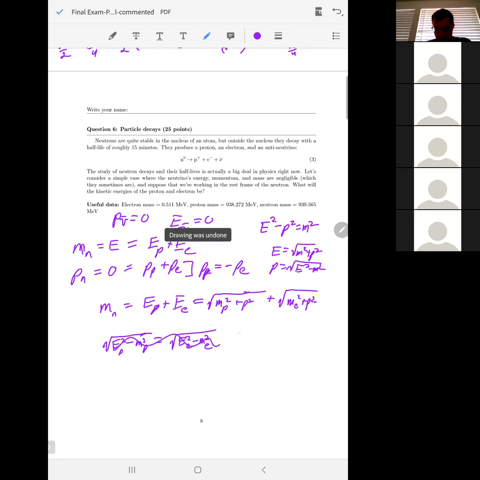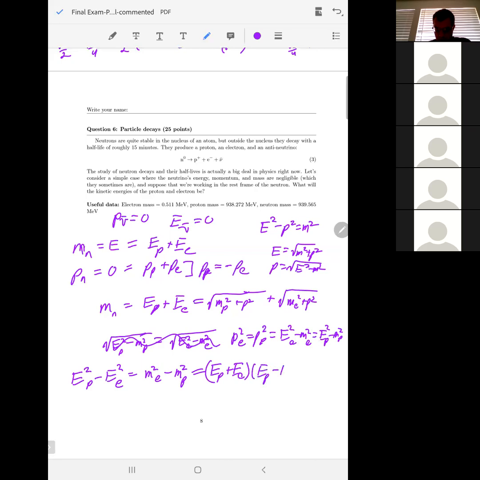So maybe it would be better to say that P squared E equals P squared P. All right. So we could rewrite all of this as E squared P minus E squared E equals M squared E minus M squared P, right? Because I subtract the P squared, E squared P from both sides and add the M squared E to both sides. And what I get is that EP plus EE times EP minus EE